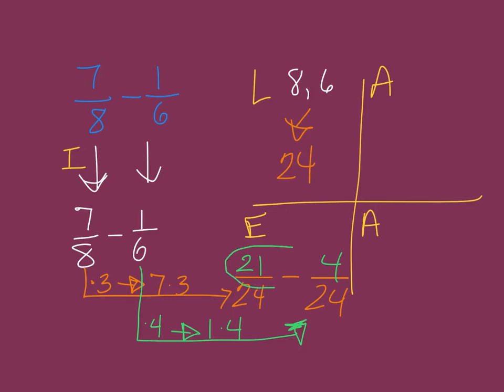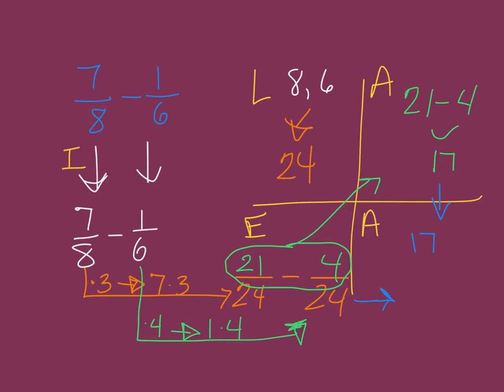My next step, I'm going to be adding or subtracting the numerators. In this case, they are being subtracted. 21 minus 4, you should know, is 17. I bring that 17 straight down. 17, folks, keep